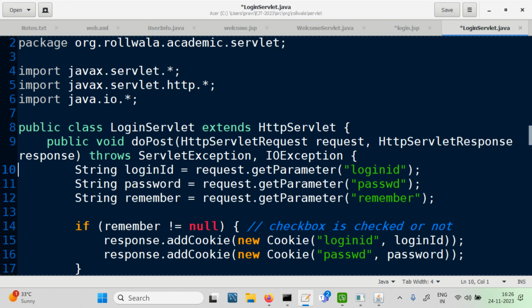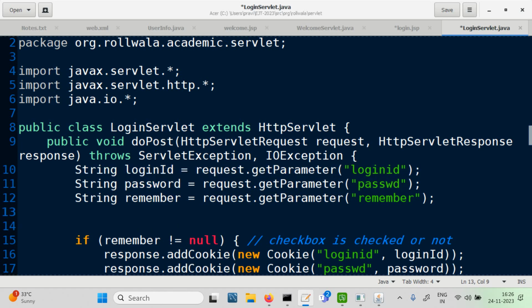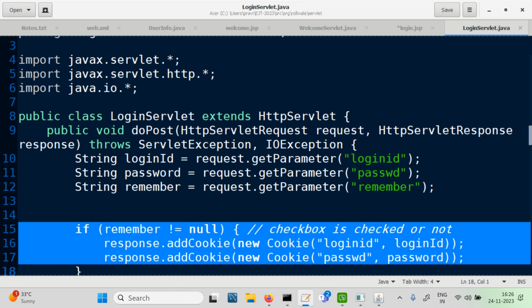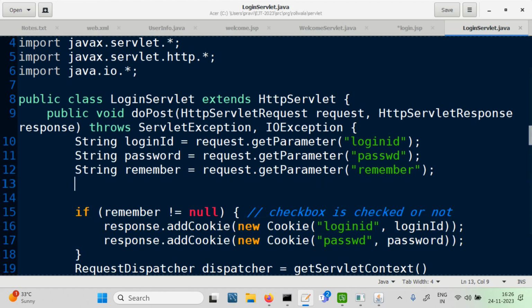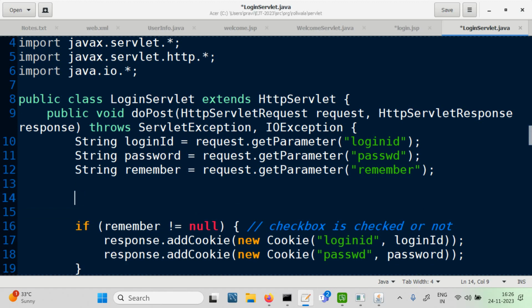Otherwise, you have the login ID and password both. Use them to check whether this user ID and password combination is valid or not, and then we have to take the action. If it is valid, then only we will think about this. If not valid, I'll just put in comments: if the login ID and password is not valid,